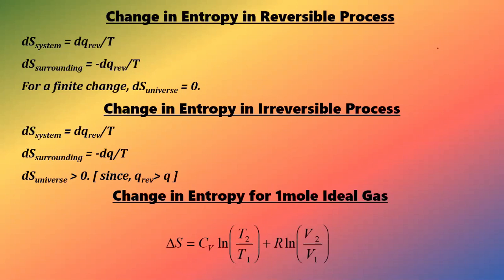Now here we have change in entropy in reversible and irreversible process. Also we have change in entropy for 1 mole of an ideal gas. Okay, right? Now this particular thing can be used to do certain numericals. Using the formula, one parameter will be given, the other parameters you need to answer. Okay, right? So this was all about today's lecture, and this was, I guess, the fourth lecture of part 4 on use of free energy in chemical equilibria.